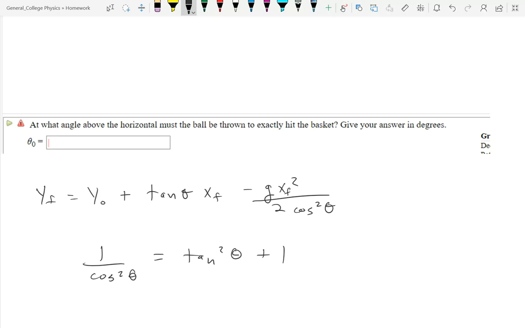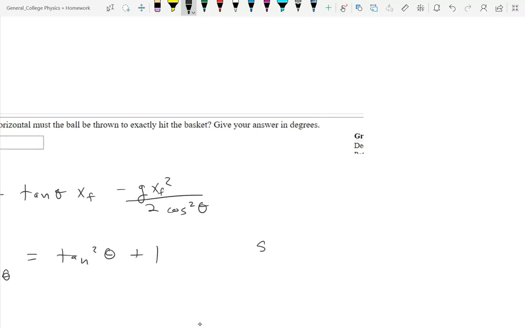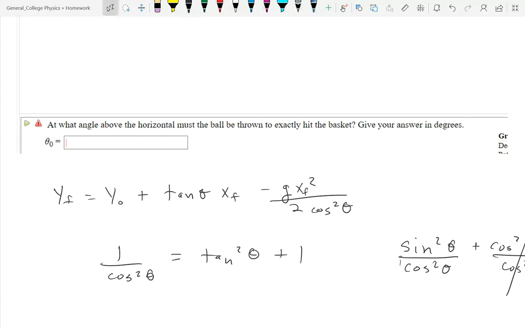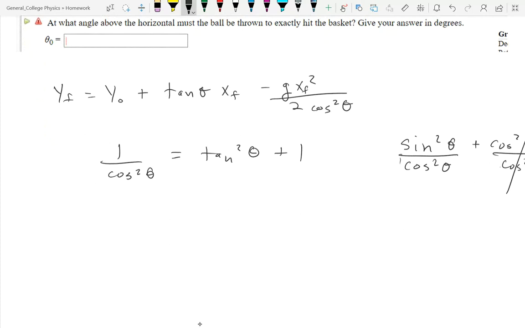To make sure we're clear on that, I'll show you the derivation for that. That's a definition. Cosine squared theta plus sine squared theta is equal to 1 for all thetas. So if I divide every term by cosine squared theta, that's 1. And this is tangent squared theta. So tangent squared theta plus 1 is equal to 1 over cosine squared theta. So what that allows me to do is get an equation that is 0 is equal to